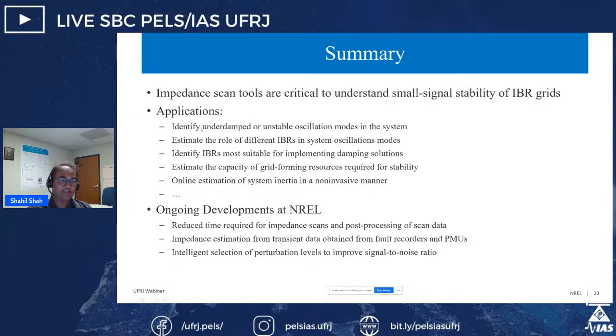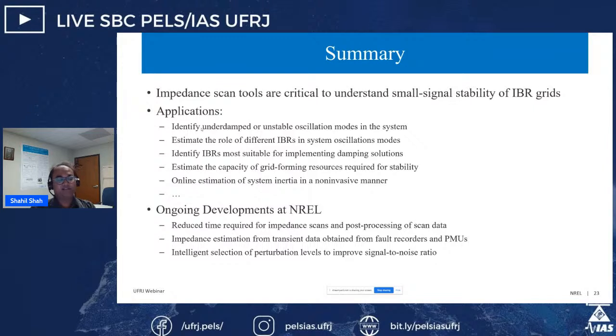The main applications are to identify underdamped or unstable oscillation modes in the system, estimate the role of different IBRs, identify which IBRs are creating those oscillations or helping damp those oscillations, where we should implement damping, and how we can estimate inertia or impedance in a non-invasive manner, or basically in real time. So let me spend a few minutes on talking about the remaining problems in this area. So the first is